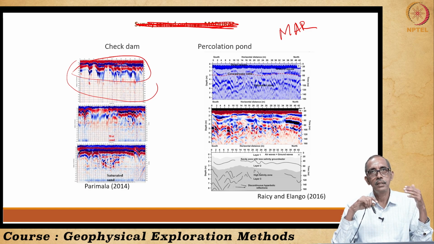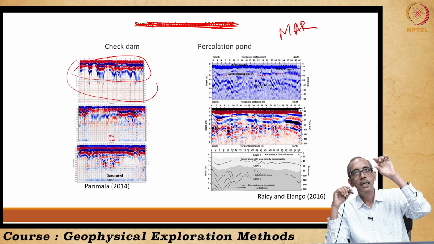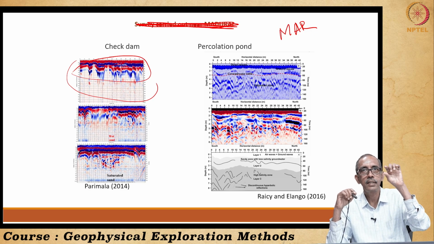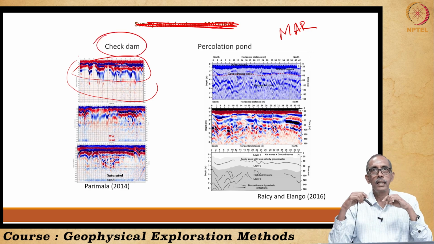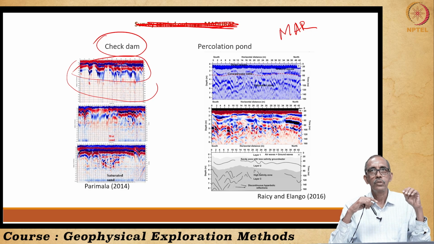We had used a mid-range frequency antenna. Since our focus is, we know here the water table is very shallow, about 10 to 15 meters. It is a river alluvium. So, our focus is to see whether the alluvial deposit has got any thin or thick layer of clay very close to the surface. Such sites are not an ideal site for managed aquifer recharge. Here we were planning for a check dam, right? So, ground penetrating radar was efficiently used to understand the subsurface formations.